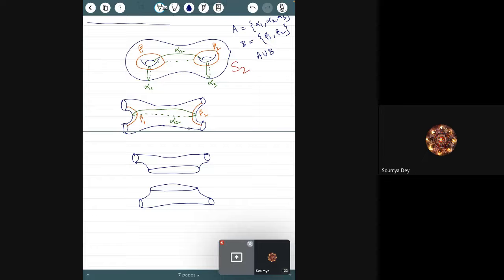But still you have these parts of your beta i's. Where are they? They are here, and you also cut them. So what you get